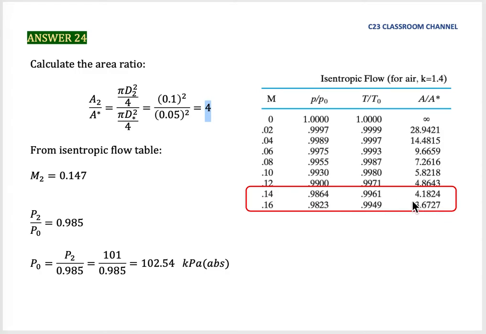So we could say that the Mach number here, because we take A here as A for point number 2, will become Mach number at point number 2. So we do the interpolation calculation. We could say that if the ratio is 4, the Mach number is equal to 0.47. So please make sure that you could calculate by interpolation method. So from this table, we could get M2 here, Mach number at exit, is